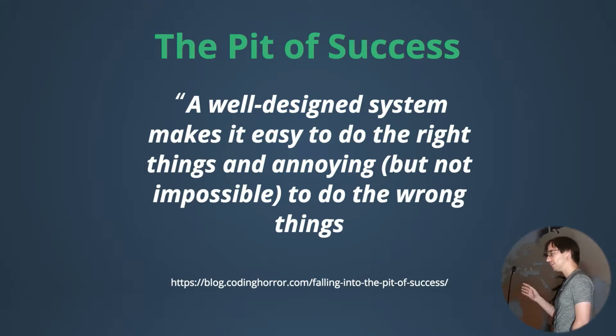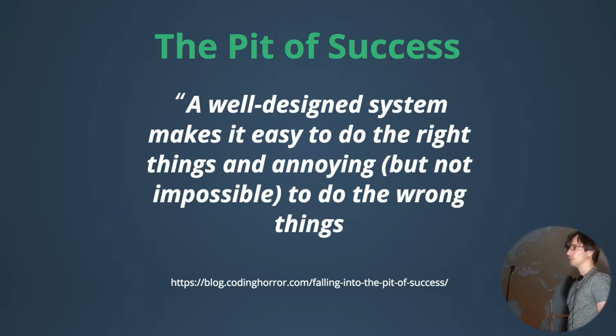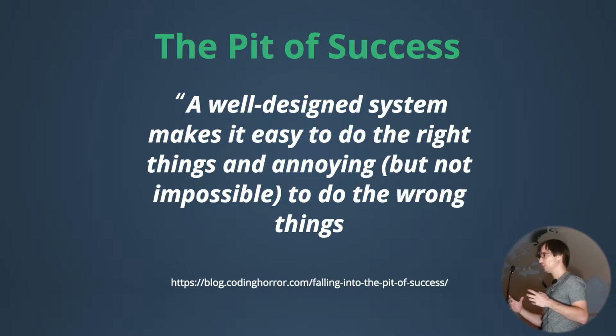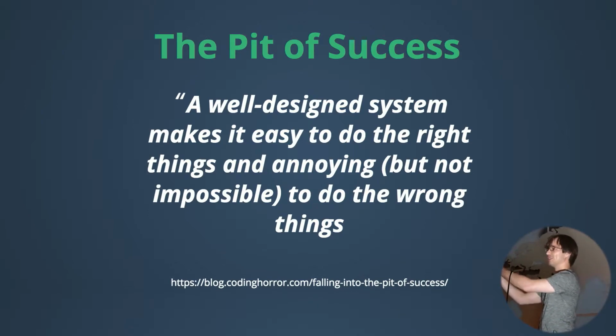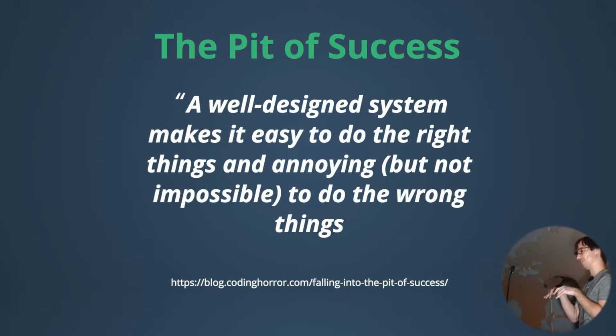It's the pit of success. There's a really good talk online by Mark Seaman called Functional Architecture, the Pit of Success. He talks about how good system design makes it easy to do the right thing and harder to do the wrong thing. When you're building a system, you don't want to feel like you're pushing a ball up a hill and trying to balance it on the top. You want it to feel like it's rolling down the hill, and the natural equilibrium is the